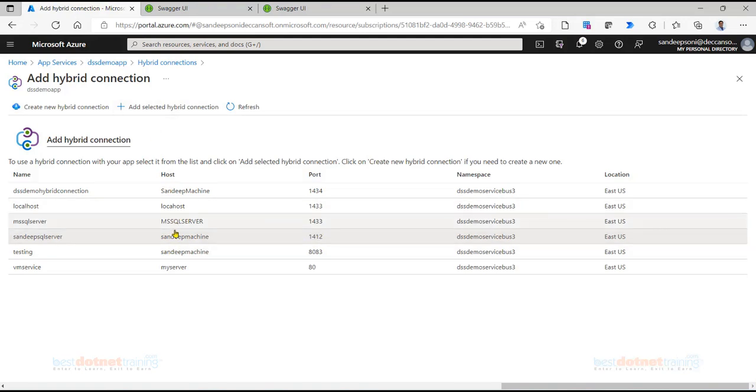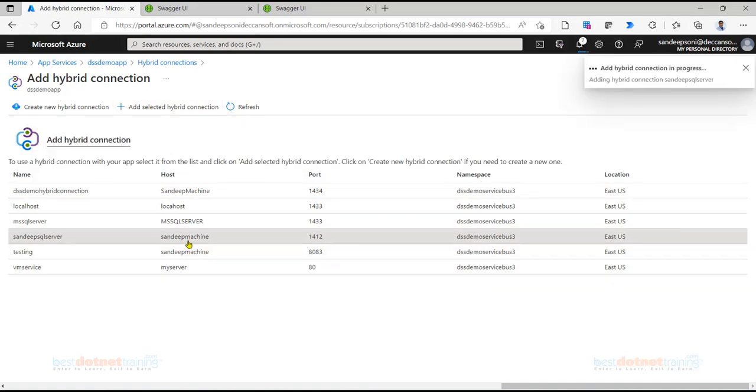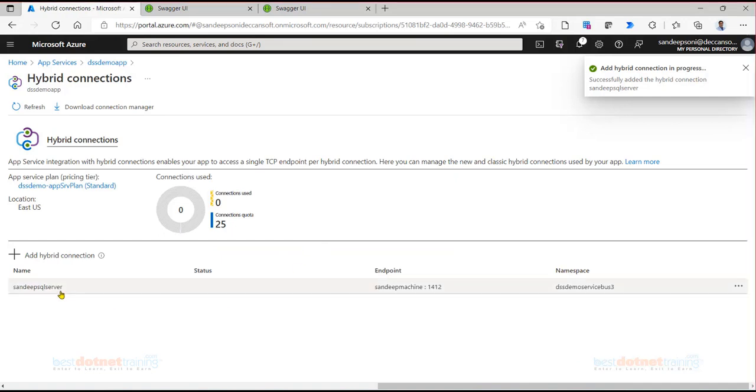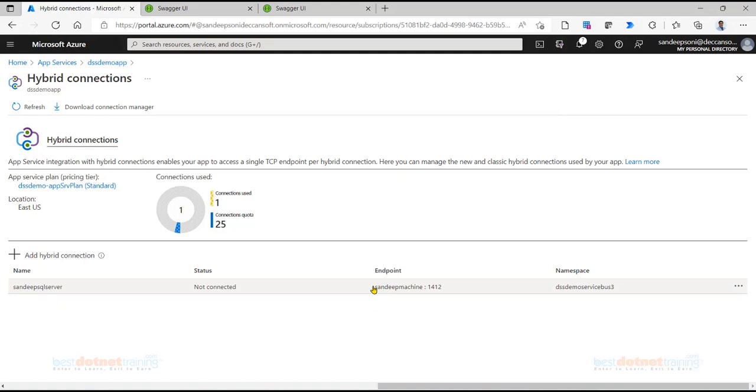But because I already have this, I'm using the selected hybrid connection. So this is now going to be added to my app service. Now in app service, I can happily use this name and port number to reach the destination service, which is actually accessible using this combination from the machine on which the hybrid connection manager is installed.